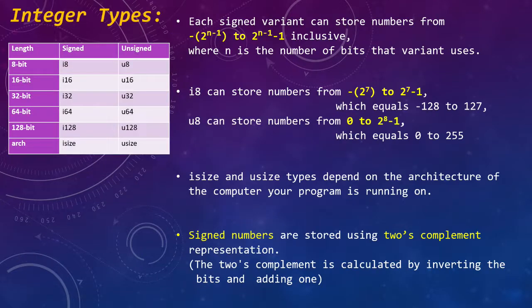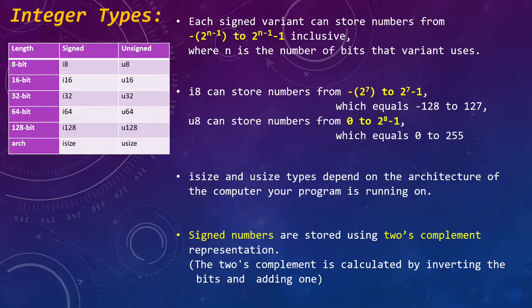The integer data type in Rust has various sizes in length. They are 8-bit, 16, 32, 64, 128 and arch size. The arch means architecture size, that is 32-bit or 64-bit architecture, and it is classified as signed and unsigned data types. Signed data types have prefix I and unsigned data types have prefix U with its size. So I8, I16, I32 up to I size are signed integers, and U8, U16, U32 up to U size are